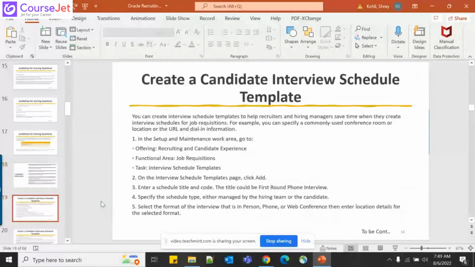So candidate interview basically is whenever we have created a job requisition. Okay, so a candidate will apply on a job requisition, and we receive a job application. Now the first step is that the recruiter will do some screening, based on some requirements that they receive